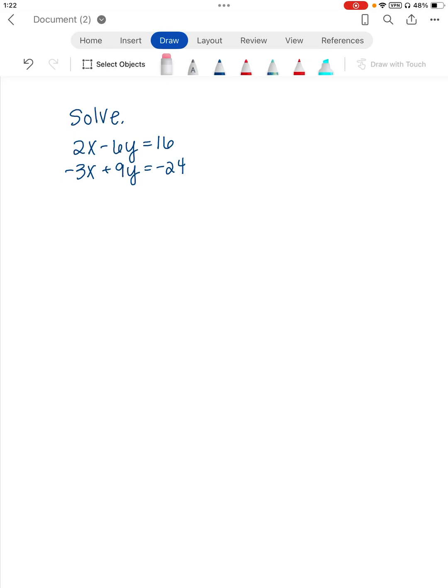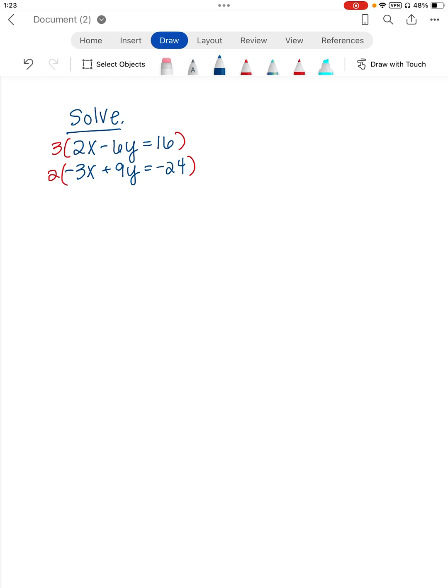In this video, we're going to solve this two variable system of equations. It just says to solve, so we get to choose whichever method we want. Let's say we choose to use the addition method or elimination method, whichever one you call it, it's fine, it means the same thing. And let's say I choose to multiply the first equation by 3 and the second equation